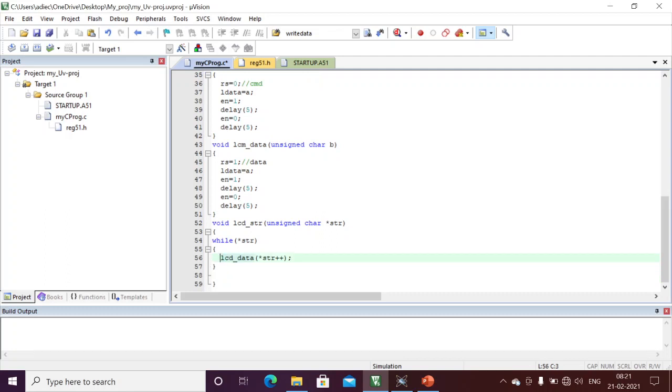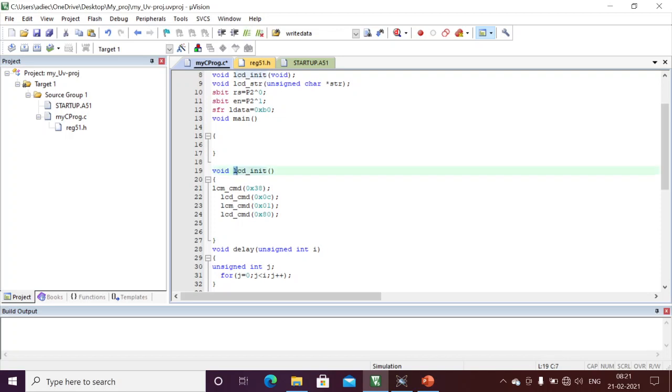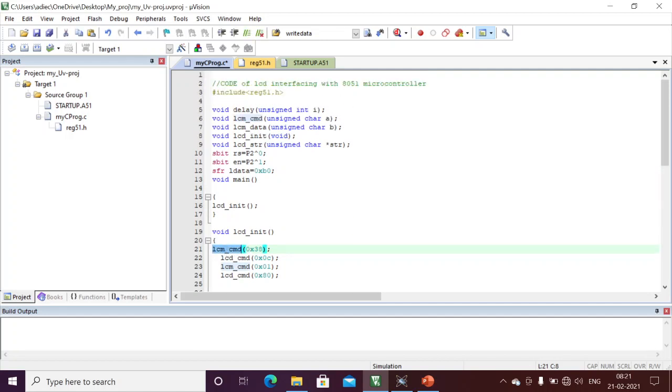Here I will explain the statements one by one. First, execution will always start from the LCD init. Here I am going to initialize my LCD. Before I display any data onto the LCD, first we need to initialize. Execution always starts from here. I am calling the LCD init function, and I will come to here. I am passing the LCD command. Here LCD command is the function. Here I will write LCD command, and this is also LCD command, LCD data.